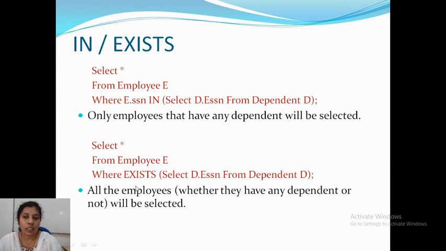And in the second one, when you use the exist function, for each employee it will check whether the inner query returns a true value, or whether it returns any tuple, and then such employee information will be displayed. Now in the second case, when I don't write any condition for the second query, what happens? All the employees' information will be displayed, whether they have dependents or not. We'll see the execution of these queries, then you will understand clearly.